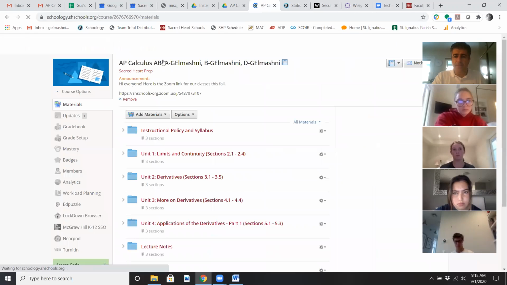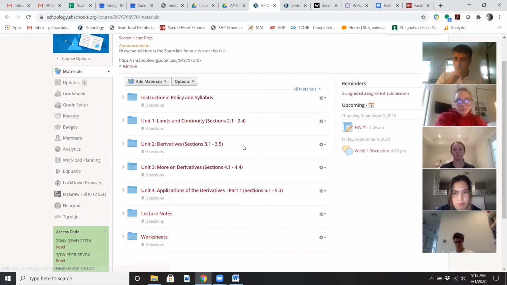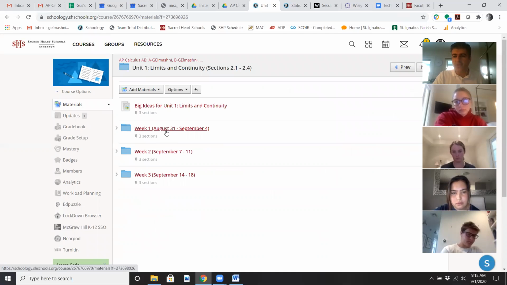The way I'm going to organize the folders, we're going to be pretty consistent. I think that's the one thing with remote learning: when you have a lack of consistency, it can be kind of messy, especially when you have 5 or 6 classes. Most teachers will probably be doing it this way. Some might do it weekly, but I pride myself on my sense of organization. I'm pretty OCD about it. So unit 1 will be on chapter 2, and within each unit, I'll break it down by week, because we're not going to do one unit in 1 week, right? That's crazy. So the first 3 weeks will be dedicated to unit 1.